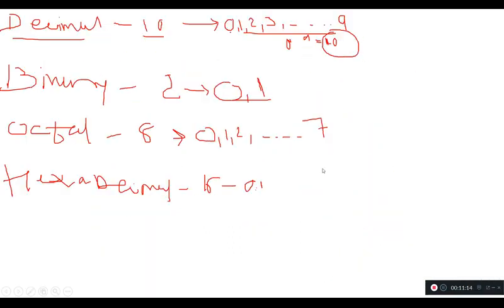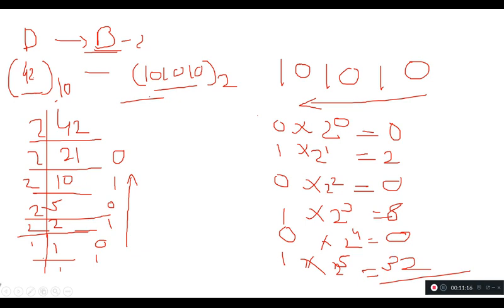Okay, so this is our answer here, 42. So you will get this kind of conversion. You can convert from decimal to binary or binary to decimal. This was binary to decimal, the opposite of decimal to binary. That is called binary to decimal, and then convert decimal to binary.